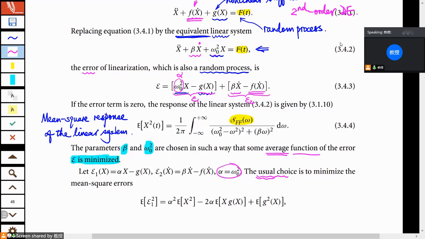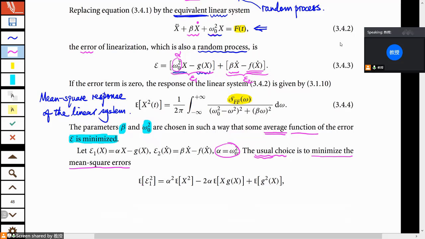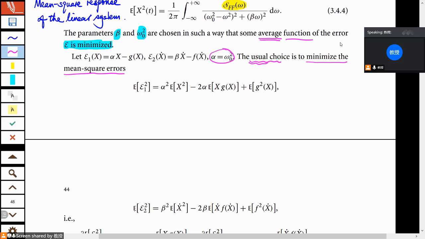You can have other choices, but it's convenient to minimize the mean square errors. So the expected value of epsilon 1 squared, and the mean square value of epsilon 2, expand this,